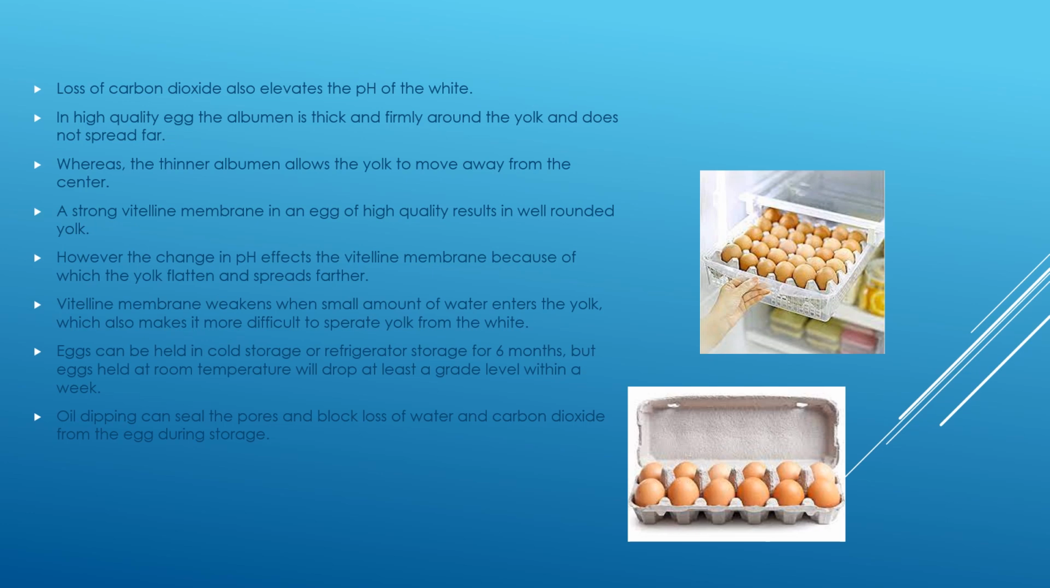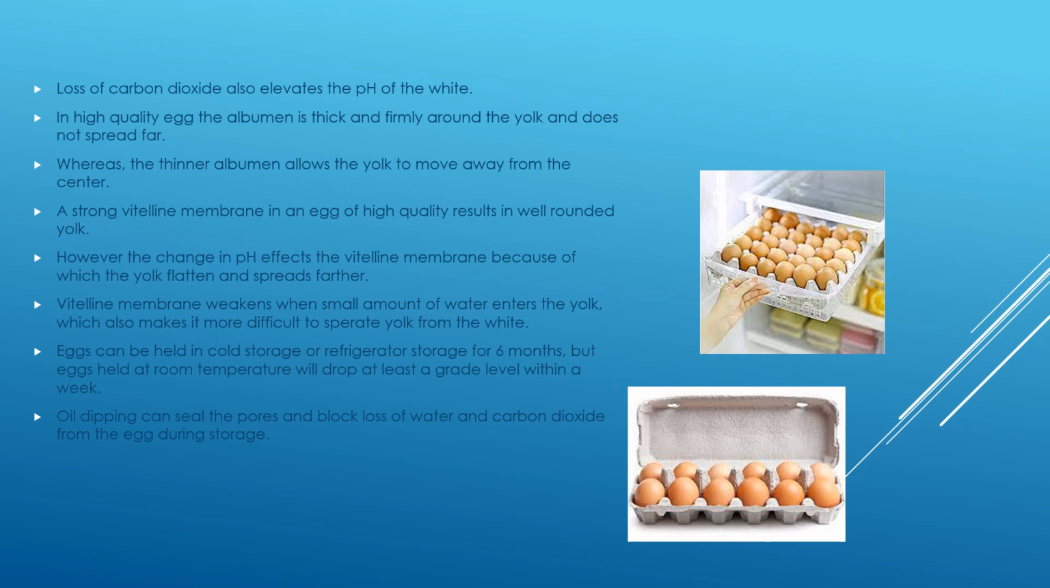This vitelline membrane deteriorates if the egg quality is bad, and thus it makes the yolk and white get mixed. The change in pH affects the vitelline membrane, because of which the yolk flattens and spreads further. The vitelline membrane weakens when a small amount of water enters the yolk,